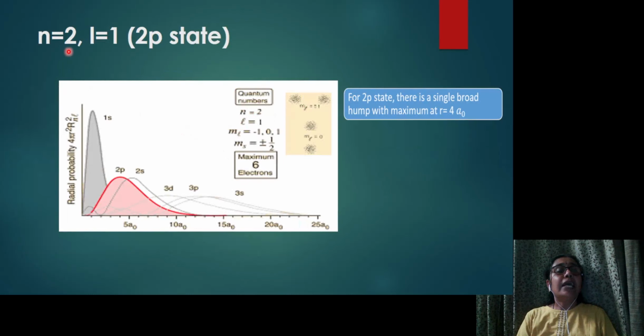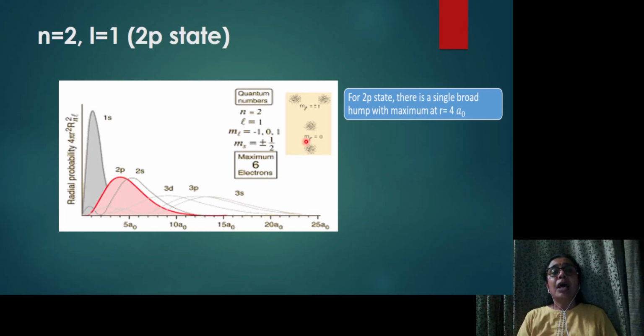If we are considering n equal to 2 and l equal to 1, that is the 2p state, then in the 2p state there is a single peak at 4a0, at r equal to 4a0. There is a single broad hump with maximum at 4a0. Again, a0 is the Bohr radius. So if we plot this, that is, if we pictorially represent the probability of finding the electron in the 2p state, then